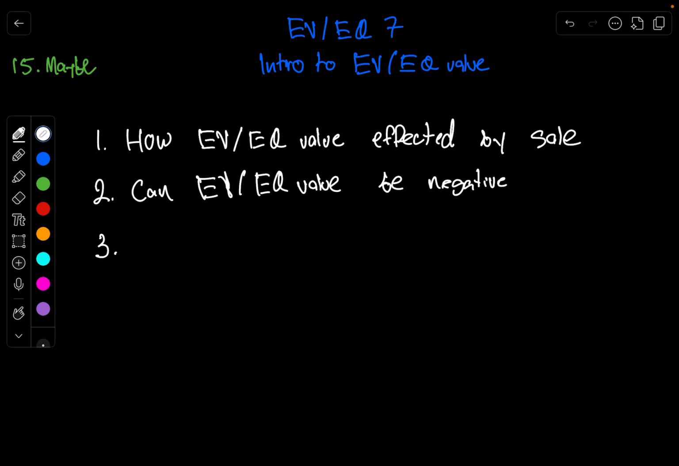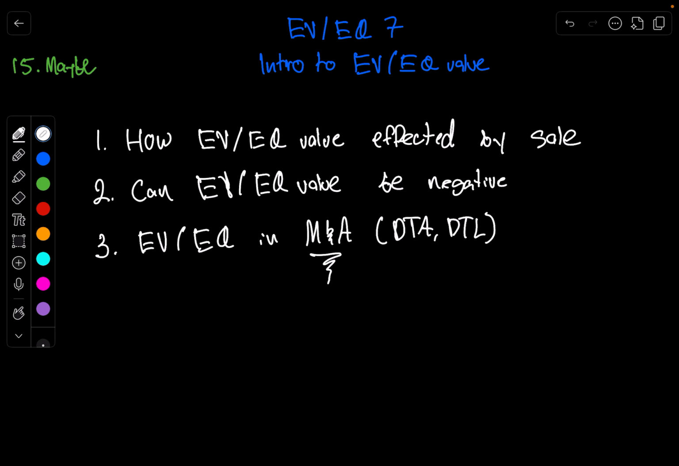And then the next would be enterprise value slash equity value in M&A. Over here, we're talking about deferred tax assets and deferred tax liabilities, right? Now, this is quite common if you're recruiting for M&A. But if you're not, honestly, I didn't hear a lot of people getting questions over here. And then the fourth is